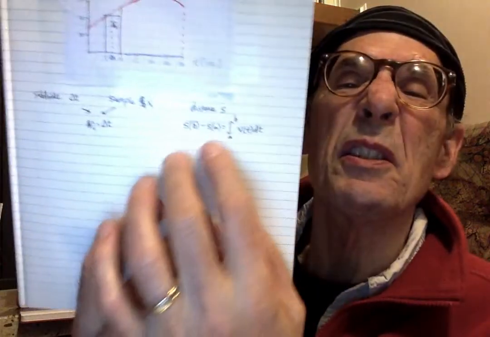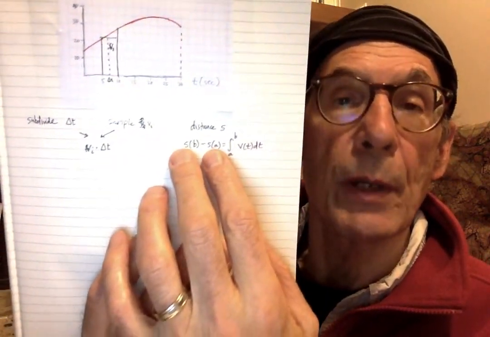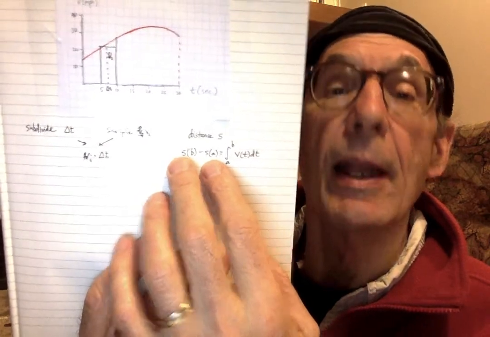And so if the distance is s, then you get the following situation: if the time interval is from A to B, then the distance traveled is the difference between where you ended up and where you started,